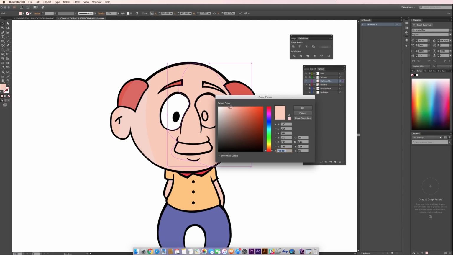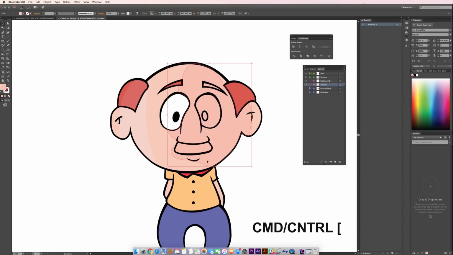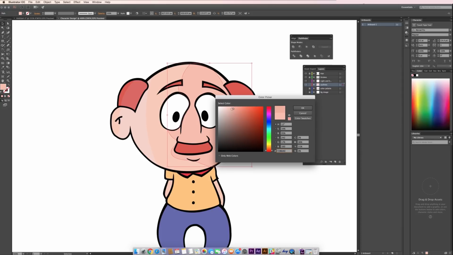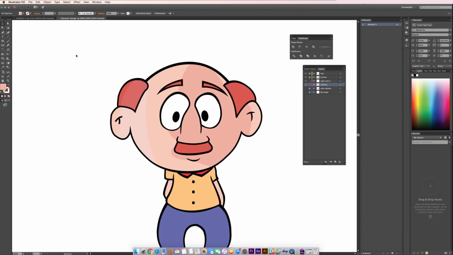Now just right click, arrange and send to back, or you can press Command or Control and the open bracket. Select the darker shade of the face color.